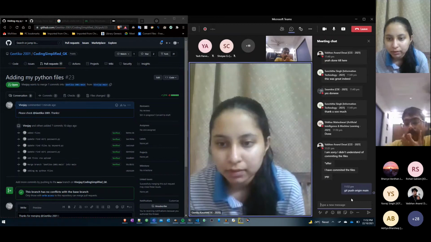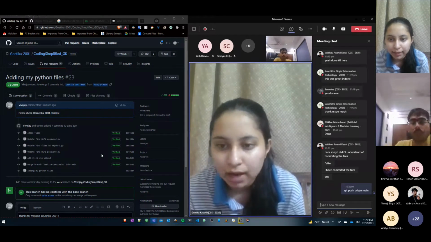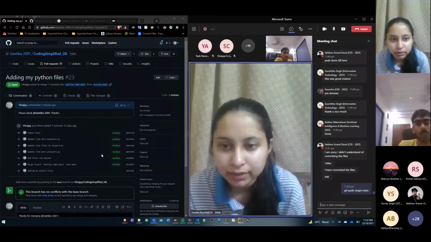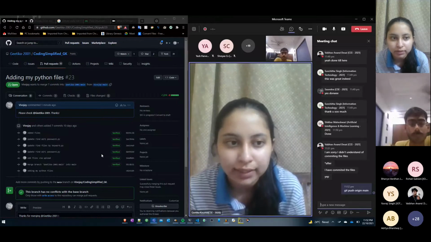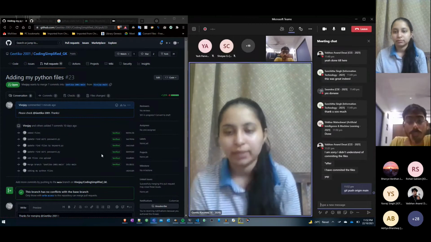You have to write this command in your command line, git push origin main, and press enter. After you write this command, you will be able to see your file inside your local repository which you had forked from my repository.